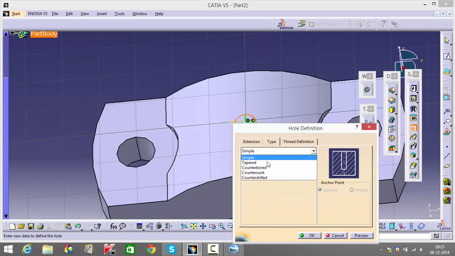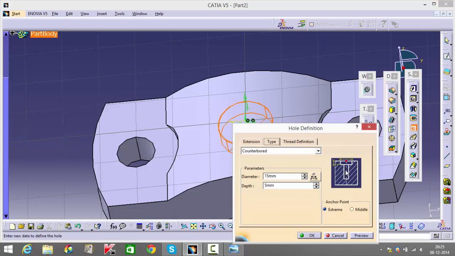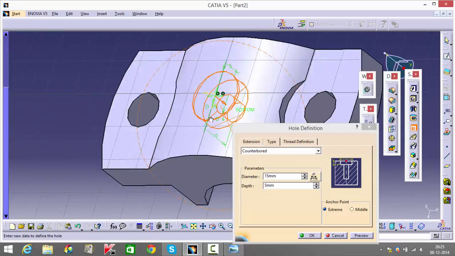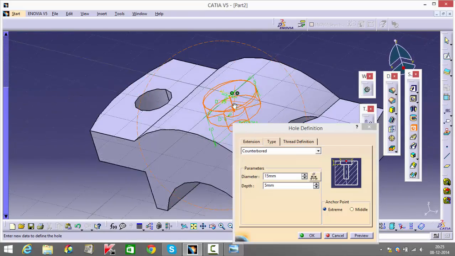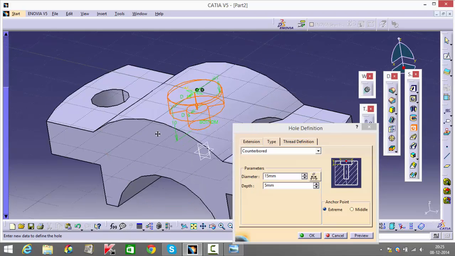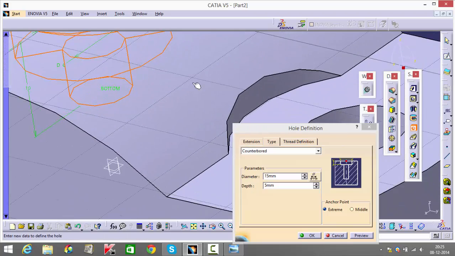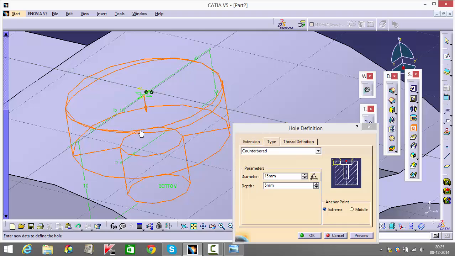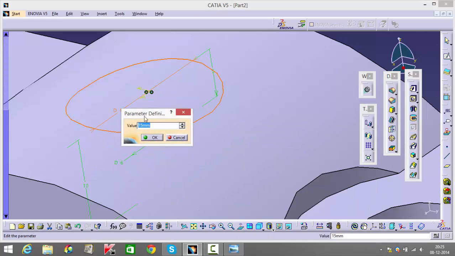So go over here, go into type, click on counterbore. You'll get a predefined preview of how it's supposed to look. Go into your diameter, or instead of doing it here, to remove all the confusion, you can do that right over here. Just rotate the view of your figure and you'll slowly notice small dimensions, and just accordingly change your dimensions over here just by double clicking on that